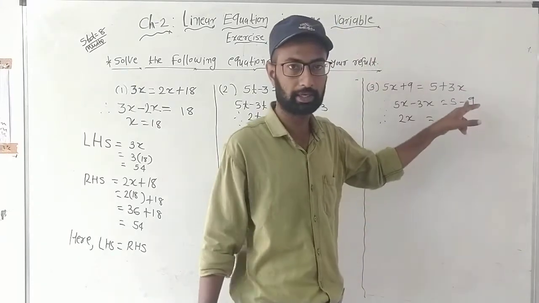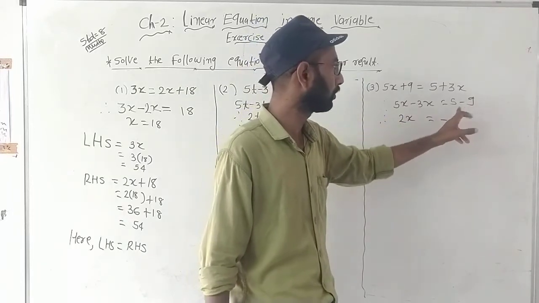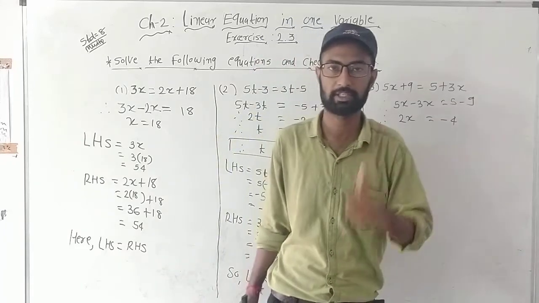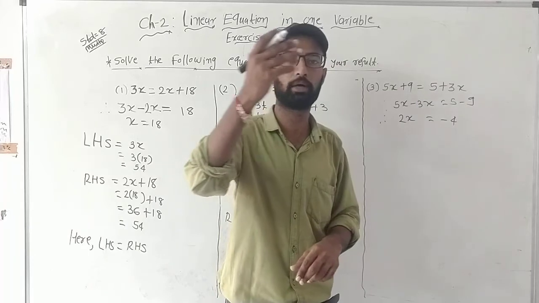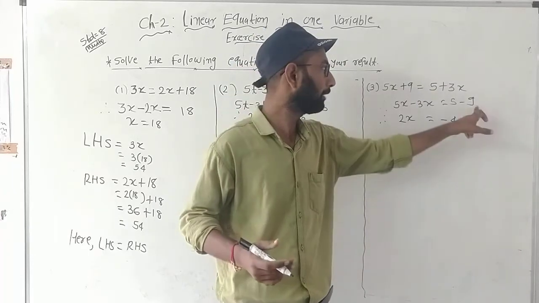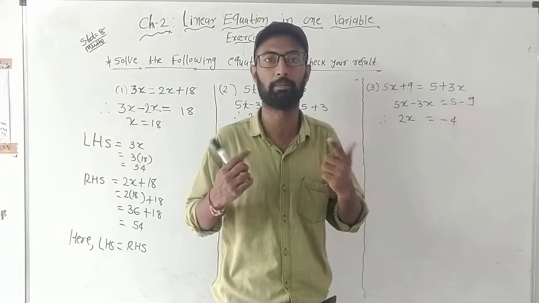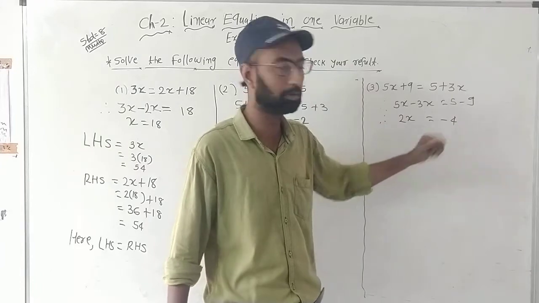If you can do this, I don't know whether you are able to solve this or not. 5 minus 9, whenever you are having one sign plus and one sign minus, you will always do the subtraction from the bigger number to the smaller number. 9 minus 5 is 4, and always you need to put the sign of the biggest number, the greatest number. Now you can see 9 is the greatest number, so I will have to put the sign of minus.